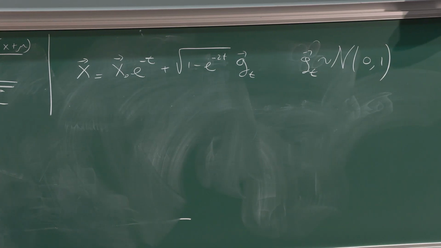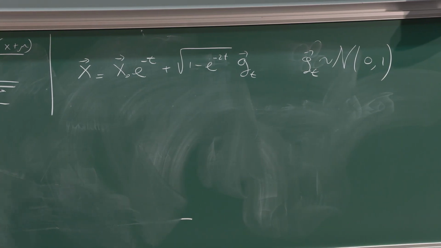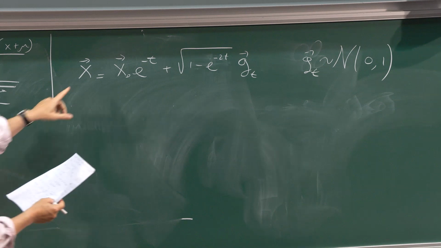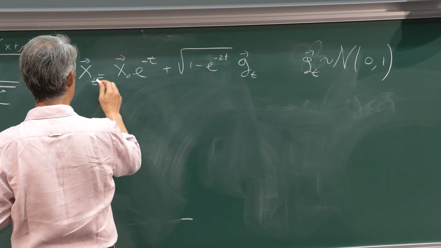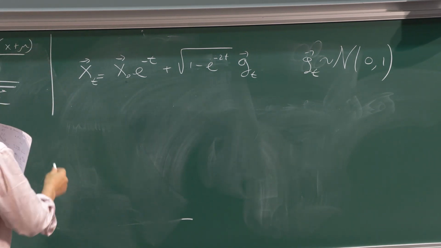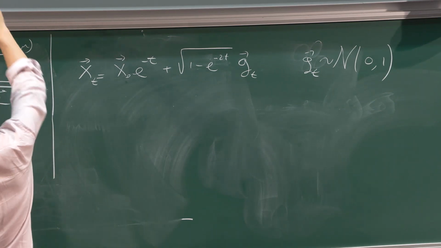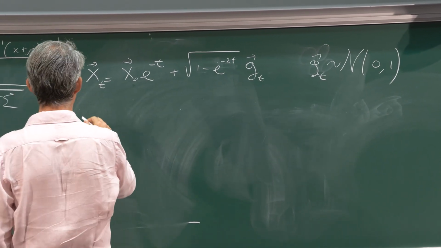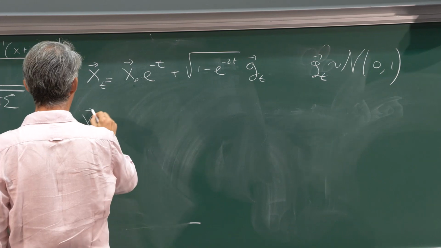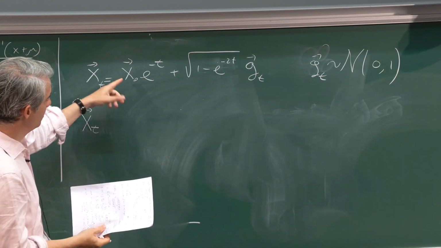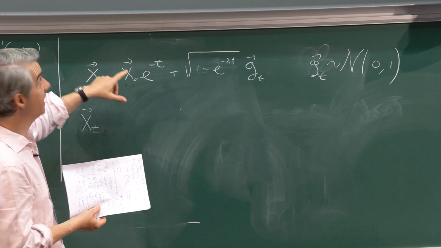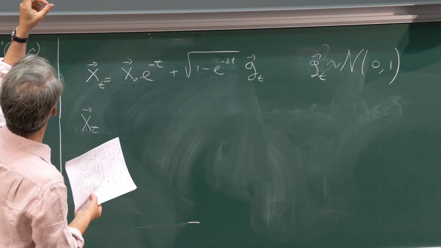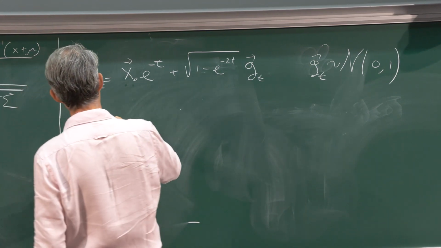Okay, so if x at time t is like this, what is the distribution of x of t? Well, let's just read it from above. If I draw x of t, with probability 1/2, I will get a Gaussian which is